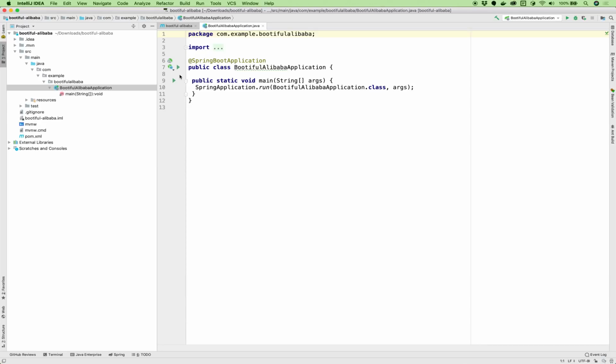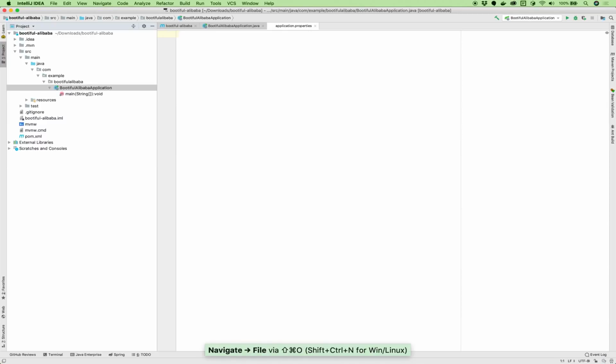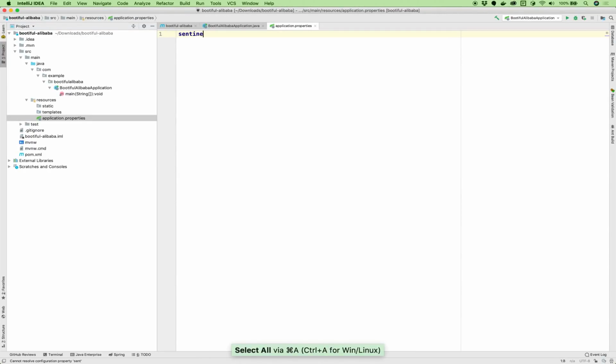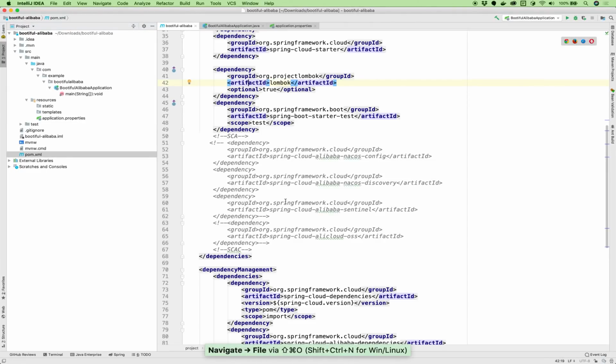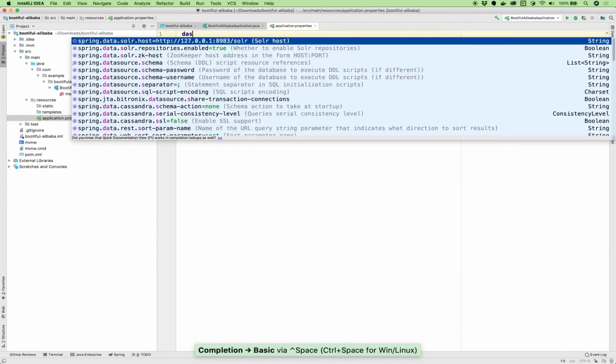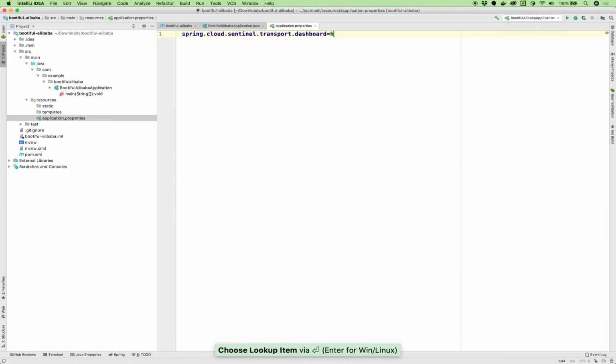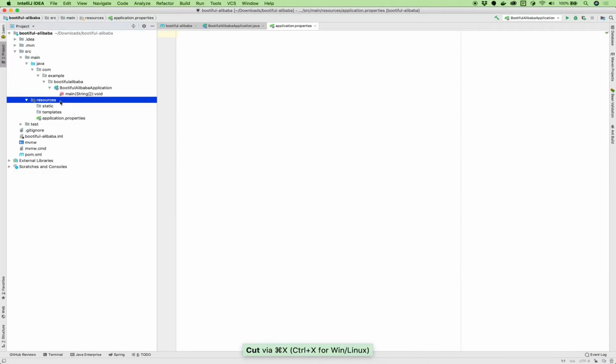Okay. So the way you do that is you set the dashboard location. So application.properties, Sentinel. I guess we need to add in the dependencies, certainly. Alrighty. Dashboard. Okay. So we'll just say localhost 8888. There you go. And you could also put this stuff